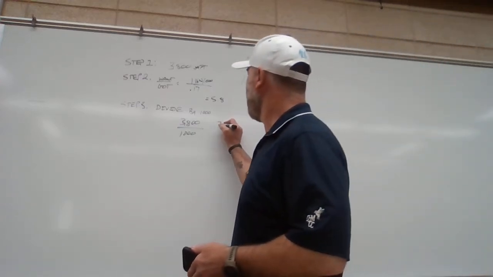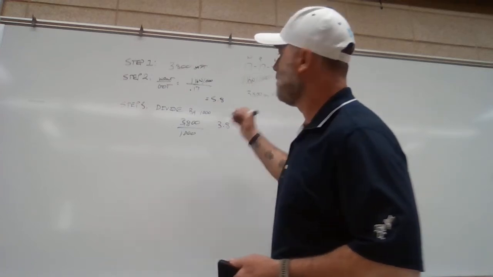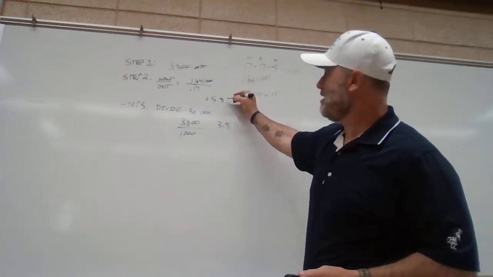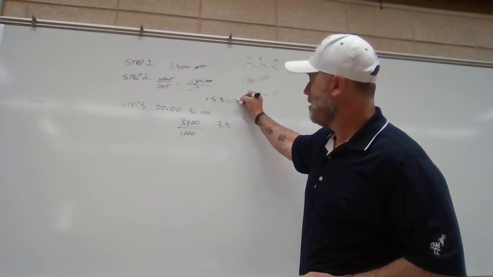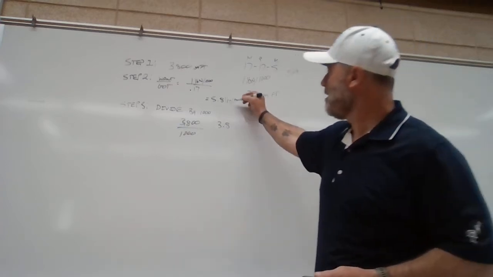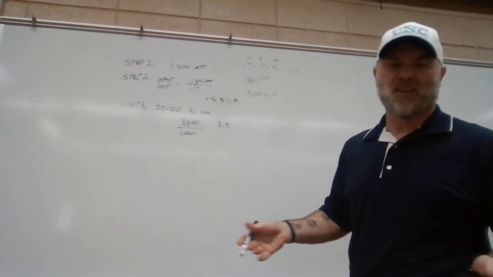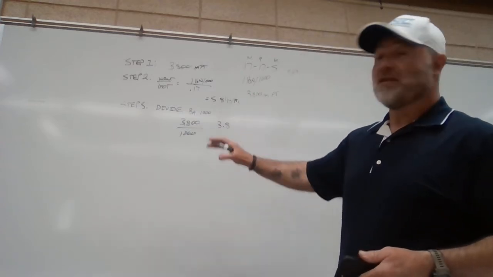3.8. Okay. And I should say this is pounds. 5.8 pounds per thousand. And if I put M down, M is for 1,000. So step four,